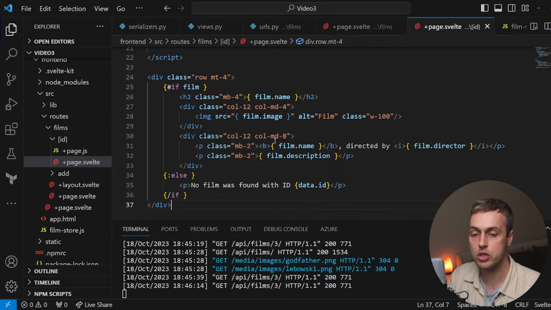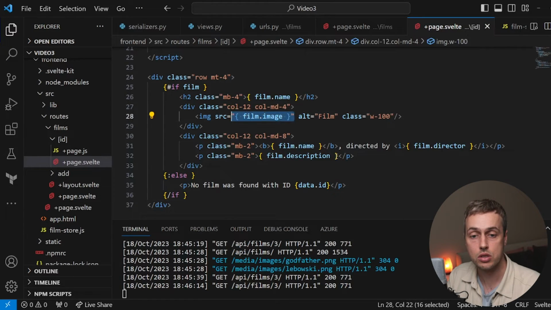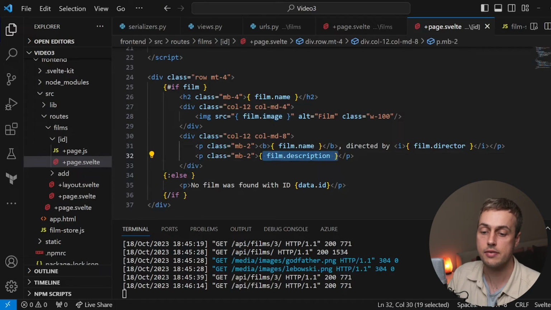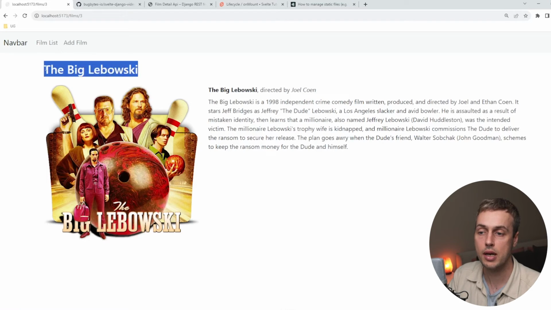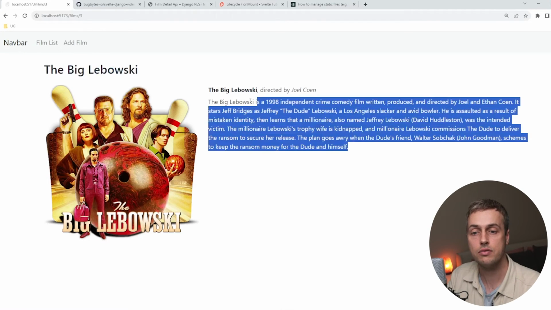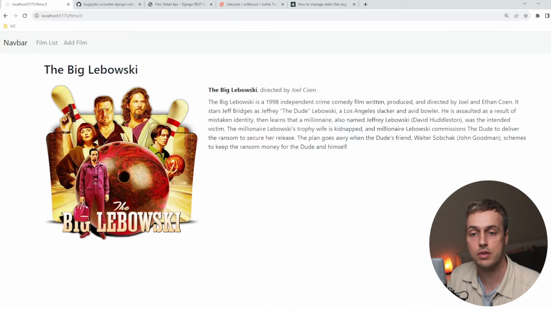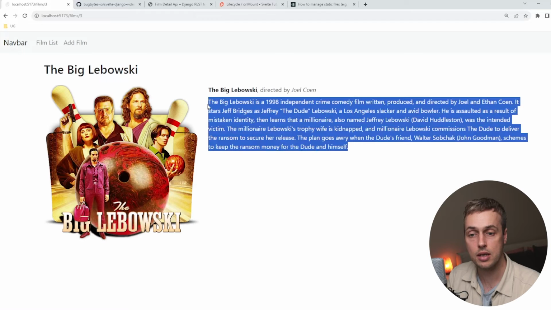components page.svelte file. So we're also rendering the image out here, and as well as the image, also the description, as well as the name and director. Let's save that and go back to our page, and we get this very basic looking detail page. We have the name of the film in a header here. We have the image on the left hand side. We have some details on the right. We have the name of the film and also the director, as well as the description that is coming from